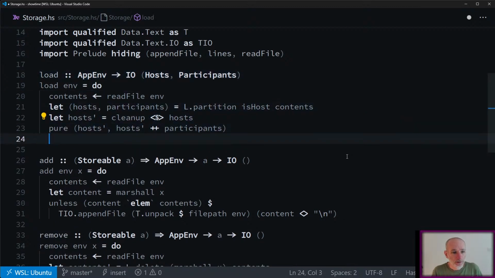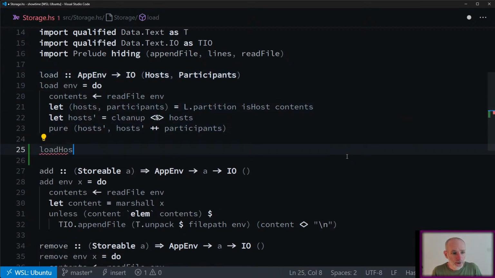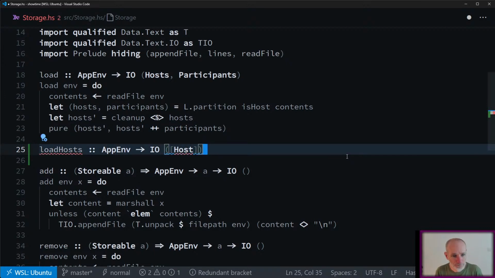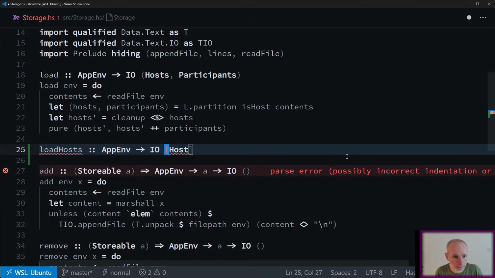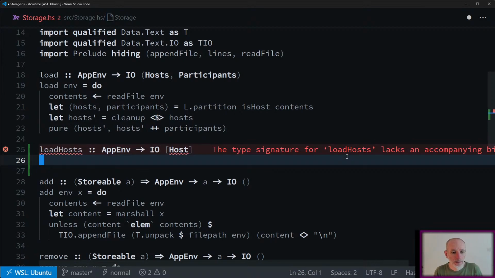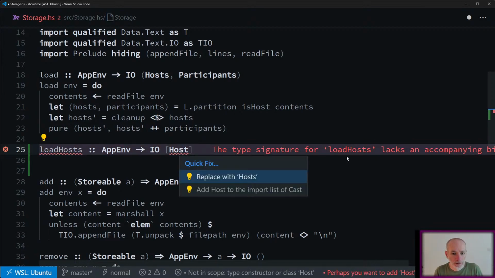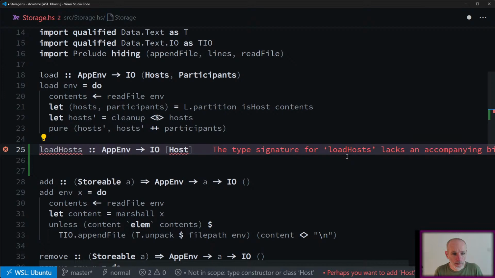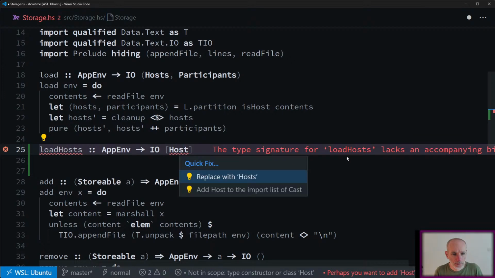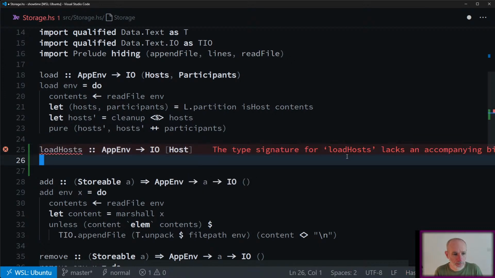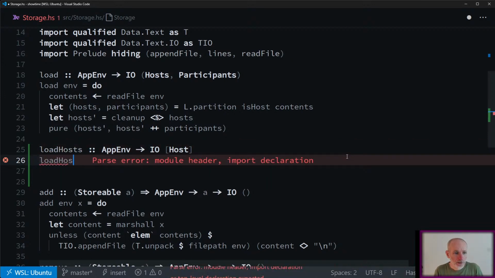So I might write a new function here called load hosts, and it goes append to IO, and then it's a list of hosts. Don't need the brackets. Add host import list. That's one thing. Okay. The load hosts,